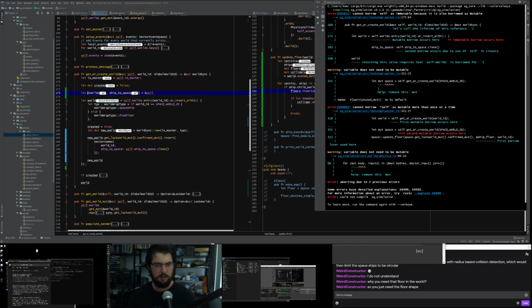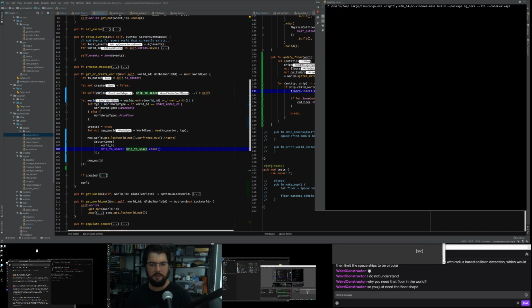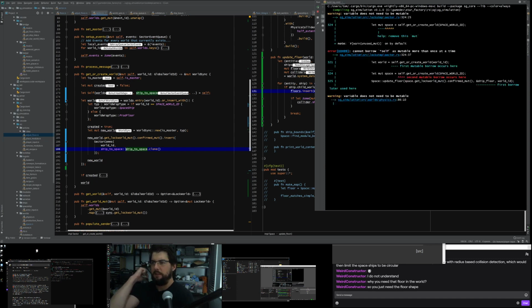Let what is self, and then these are the two variables we want, equal self, like this. So we grab those two references out, and then we just specify we don't need any other fields like this. And then here we don't need to say self.worlds, we can just say worlds. And down here we don't need to say self.ship to space, we can just say space. And then that should fix the ownership problem.